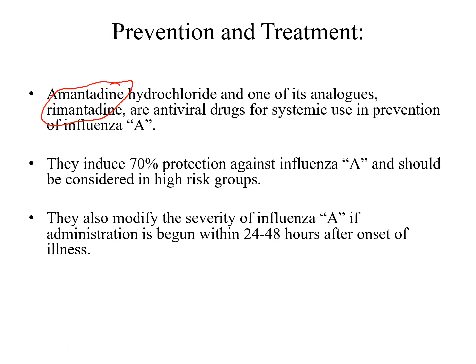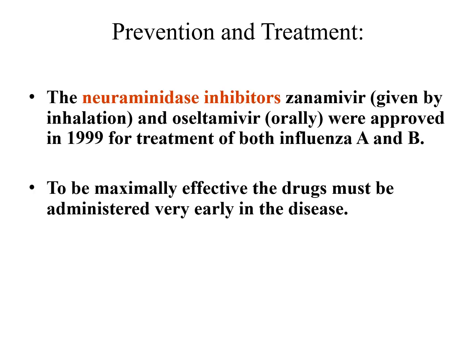So it's not that effective in treating viral influenza infection. There are other types of drugs which can be used for influenza. We have the neuraminidase inhibitors, which are the zanamivir and oseltamivir. Zanamivir is given by inhalation. Oseltamivir is orally, so the only effective antiviral drug present nowadays is the oseltamivir or the Tamiflu, which was approved